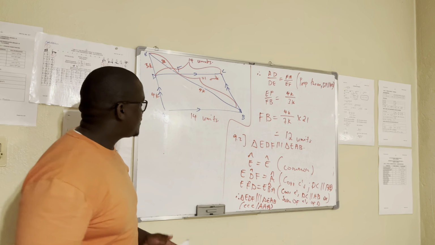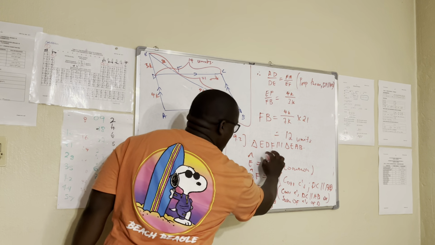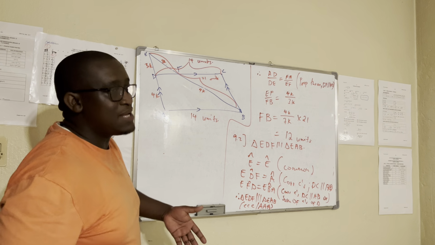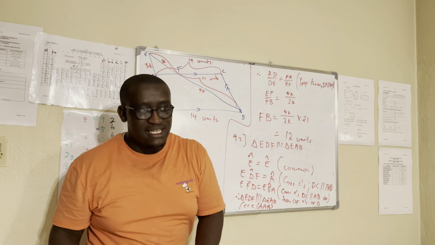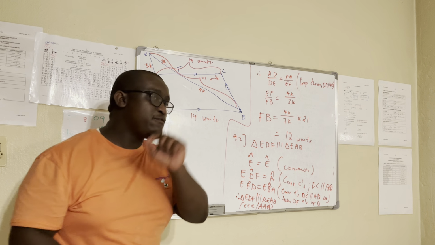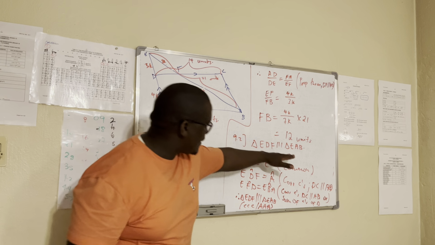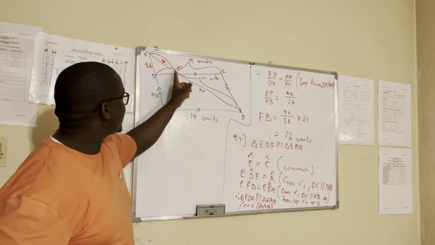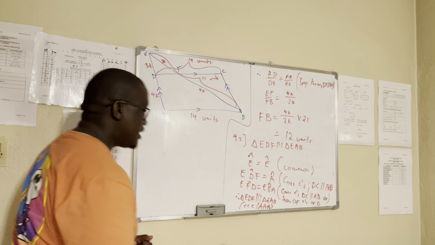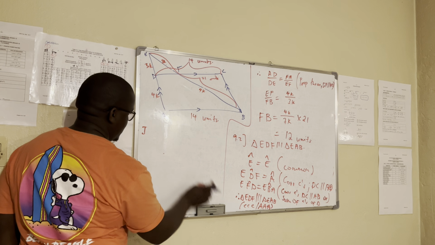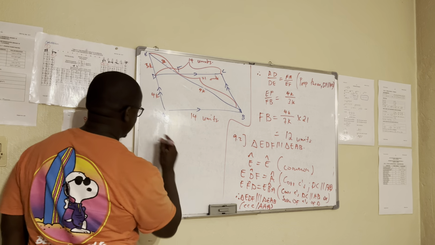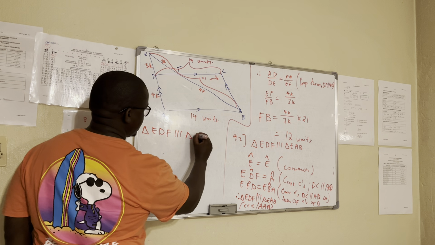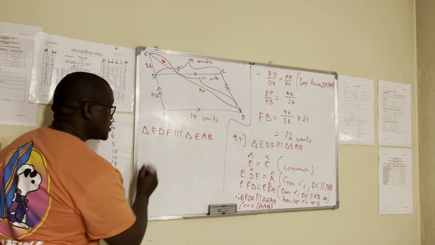Do you agree with me that the reason why they ask us to prove this thing is because the triangles are similar? Therefore, if the triangles are really similar, the ratio of this side over the entire side is equal to this side over the entire side. Let me say, if triangle EDF is similar to triangle EAB, do you get it? So therefore,